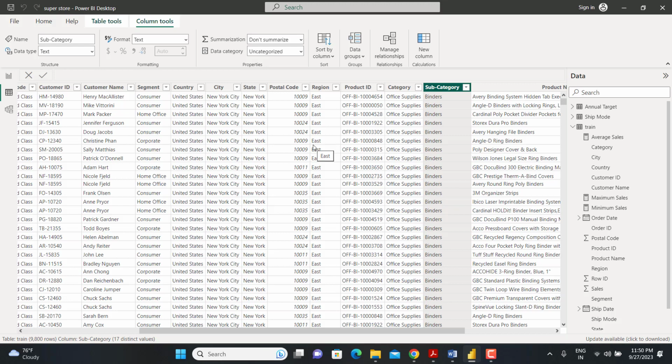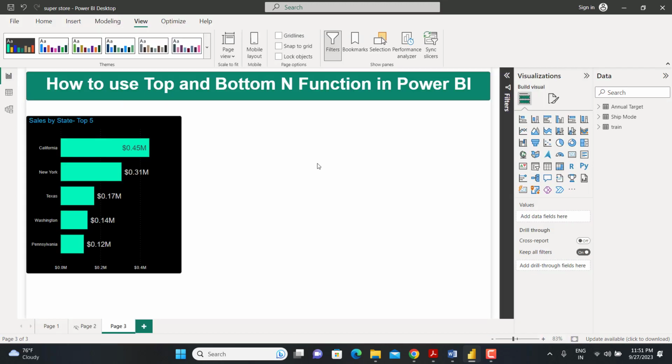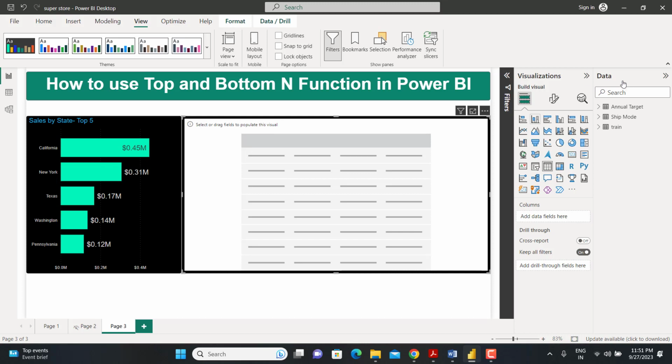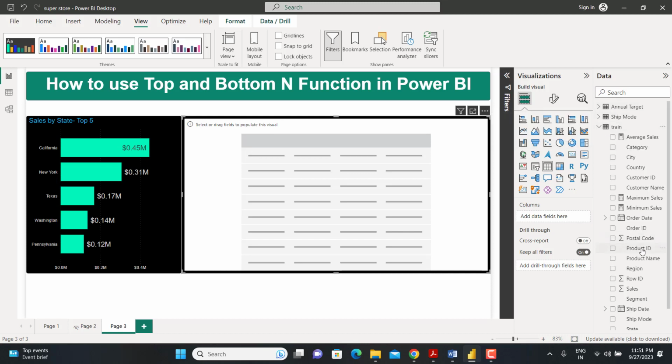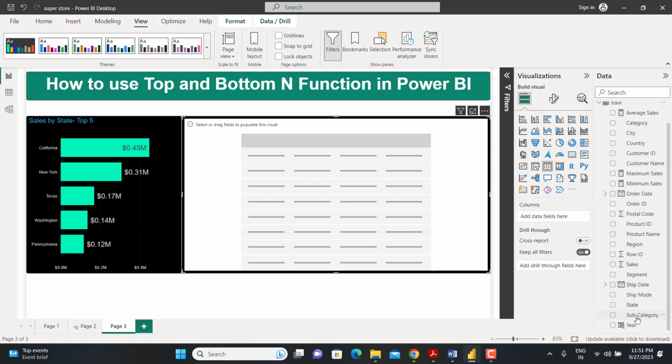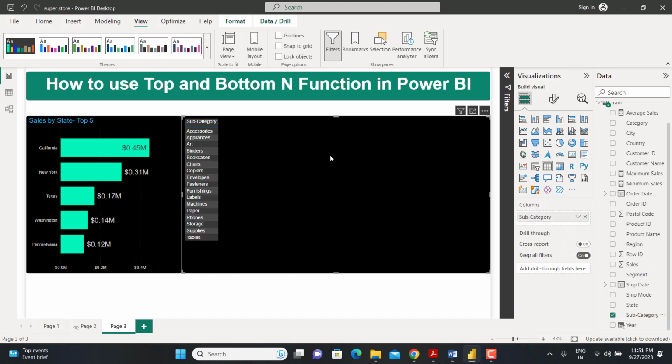So I have this data set. I will go back to my report view and use any kind of visual. Let's say I go with the table. This is a very simple table visual, and in it I'm going to put subcategories. Now you will see that all the subcategories are lined up here. But if I want to show only the top 5 subcategories with the maximum number of sales, how do I do that? For that I have to put another column, that is sales, that will take a sum